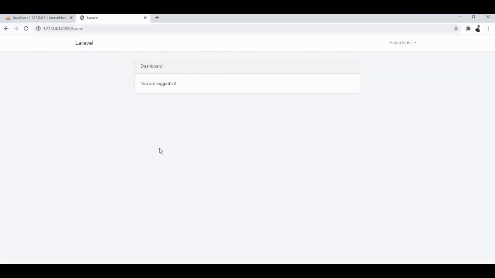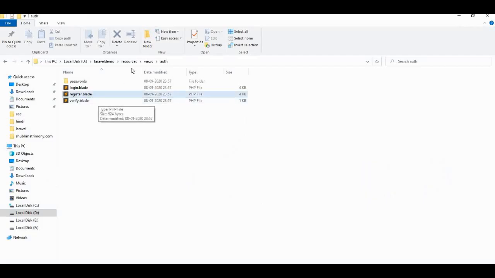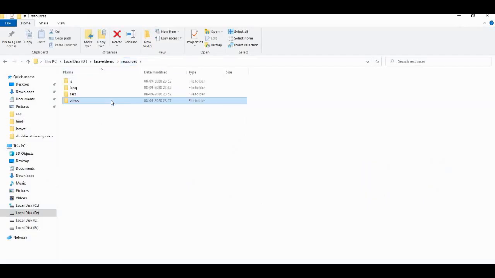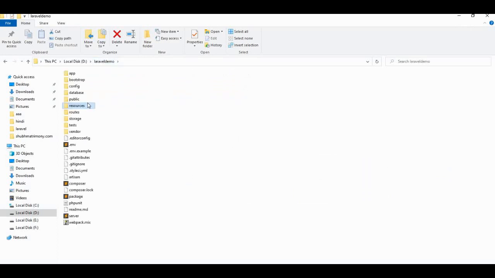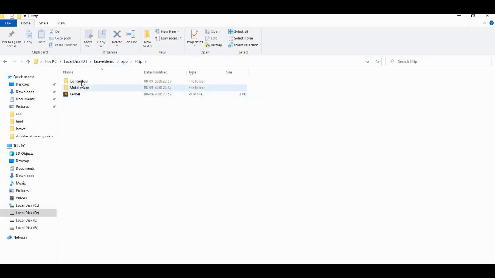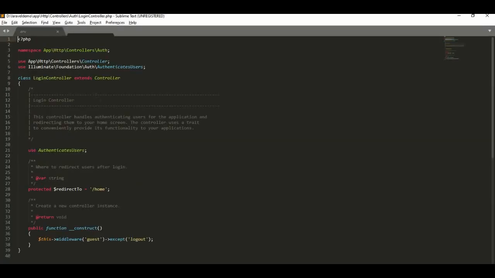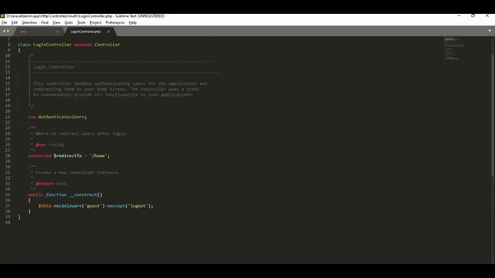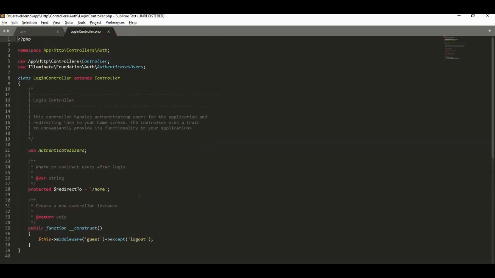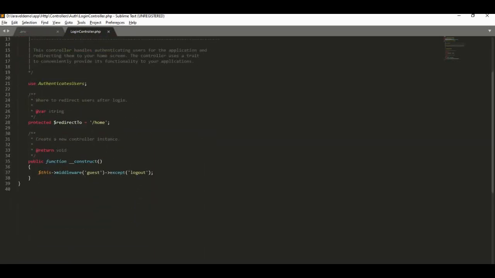Now we will go inside the LoginController, app, Http, Controllers, Auth, LoginController.